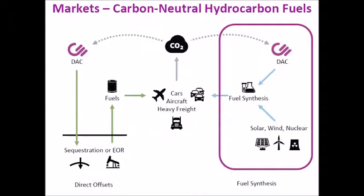Or, as CE is currently focusing on for its near-term market opportunities, you can take that carbon dioxide, combine it with hydrogen that's produced from renewable sources, go through a fuel synthesis process and create synthetic hydrocarbons that can then be used in the transportation industry as a complement to other means of decarbonizing transportation, such as electrification, hydrogen, and biofuels. And we see this as having particular applicability in heavy industry, long-haul trucking, heavy machinery, and aircraft, where it isn't as easy to address decarbonization through electrification,